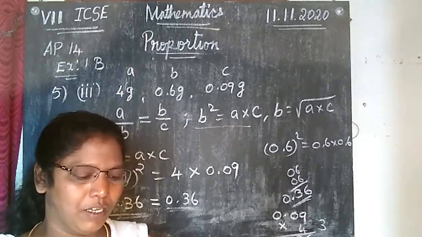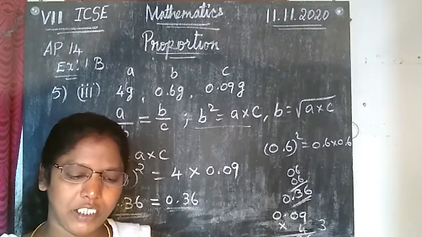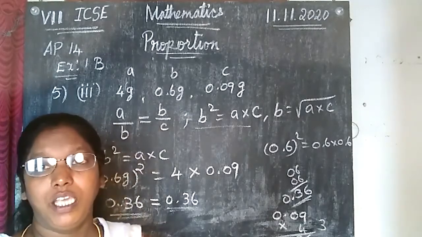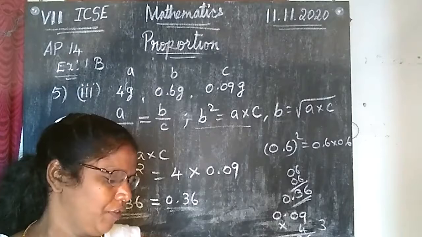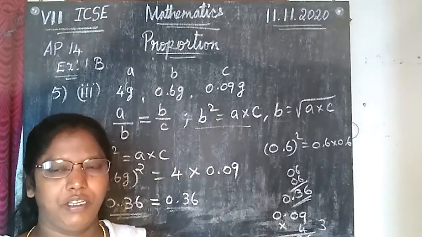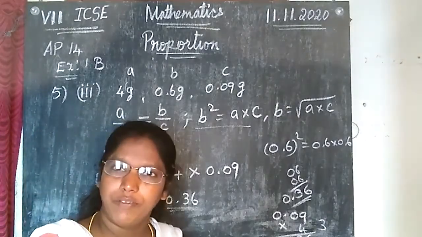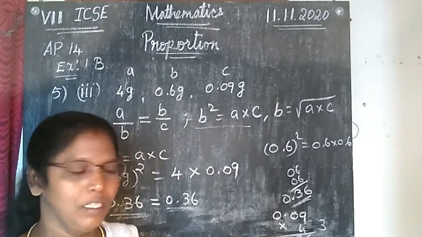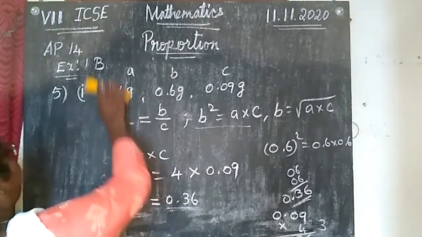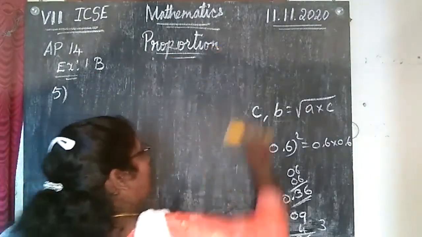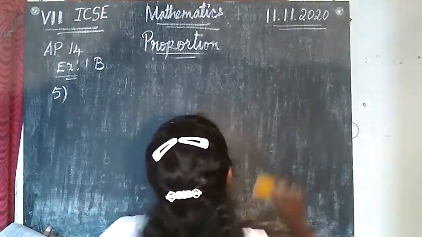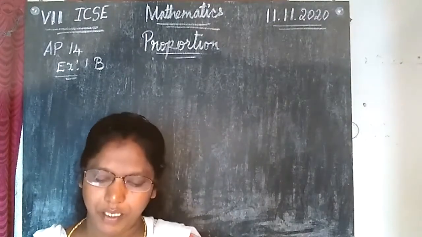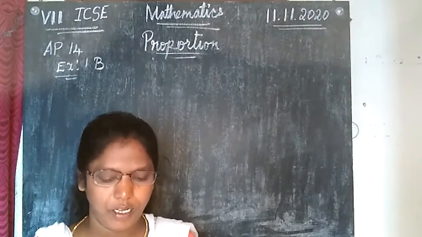If you see the sixth one, find the third proportional to each of the following sets of numbers. It is like the second topic. There we found the fourth proportional; here we are going to find the third proportional. That is the difference. There 3 quantities were given, here only 2. You can try it. I am not going to teach here, but I have given it in the PDF. The sixth one is very easy. If you go through that, you will understand better.